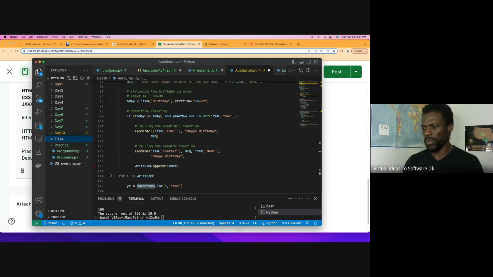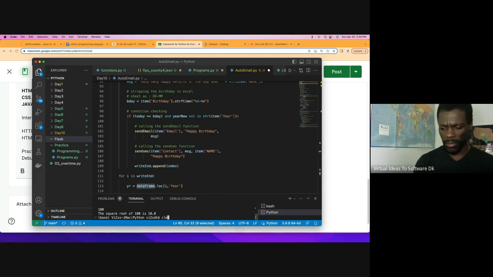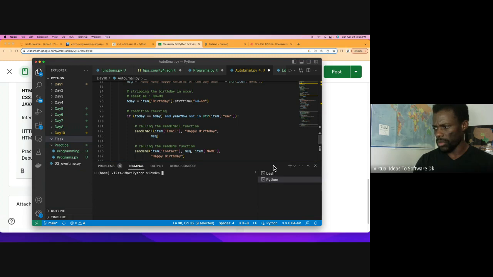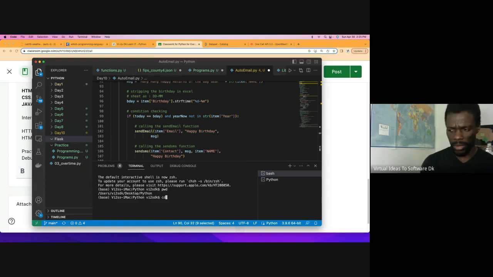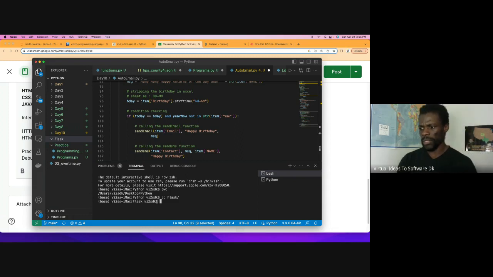So within this Flask folder, I want to create a virtual environment. Let's go to my terminal and clear this. Let's go to a bash terminal, for instance. Let's see, print working directory. I'm in the Python code folder. Let me change to Flask. So now I'm in the Flask folder. What I need to do is create a virtual